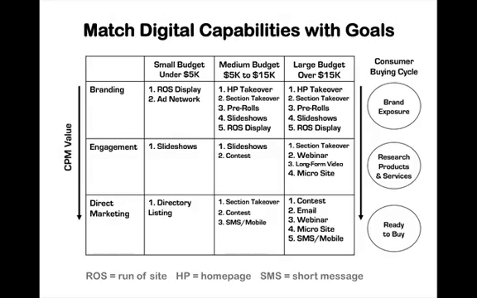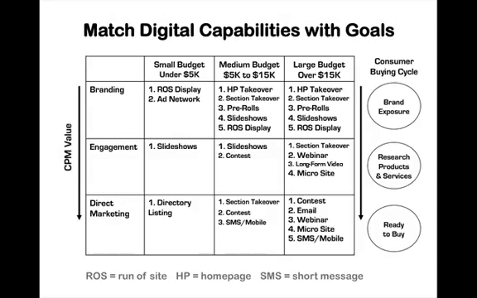So now this is an example of this digital capabilities matrix filled out. The idea here is to look at all those different awesome digital capabilities that you have available at your local media organization and match them with some of the key marketing goals of your prospects and clients, and based on the size of their budget. Now, this is going to be different for every local media organization because you all have different capabilities. And also, this might even be different for every local media rep because you have different strengths and weaknesses about what you want to sell and what you feel comfortable selling.